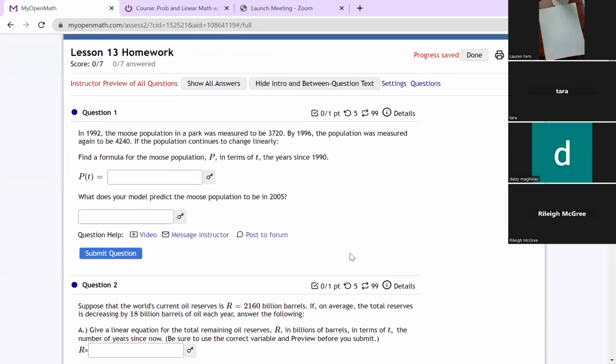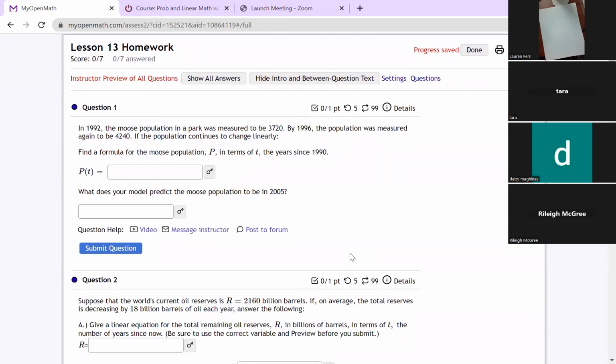Okay, this first one is not a cost, revenue, profit. It is simply a word problem, okay? So what I want to mention to you to get you going with these things is as follows. Again, your numbers are going to look slightly different than mine, but now we're talking about the growth of a moose population. Notice they want T to stand for the number of years since 1990. We did an example like this the other day.